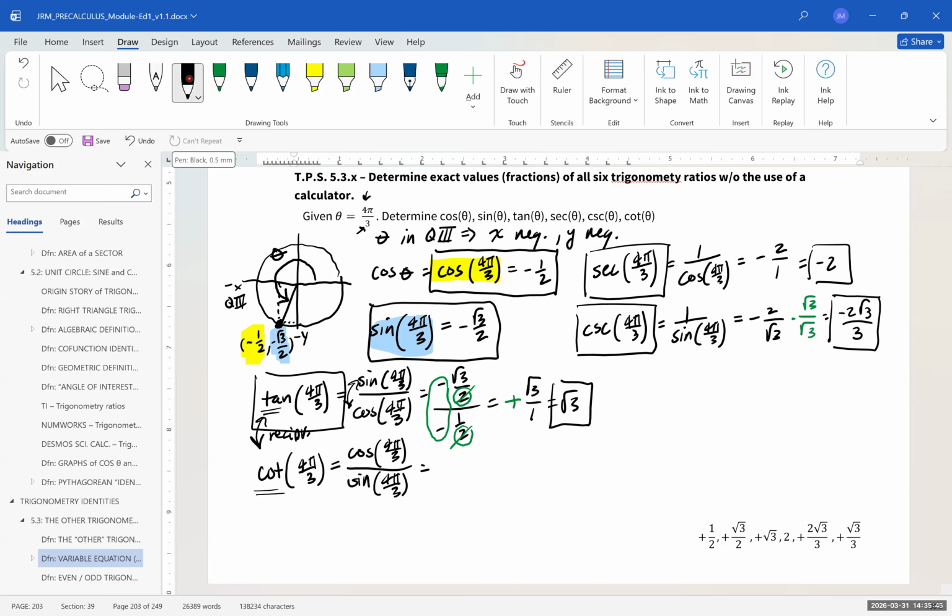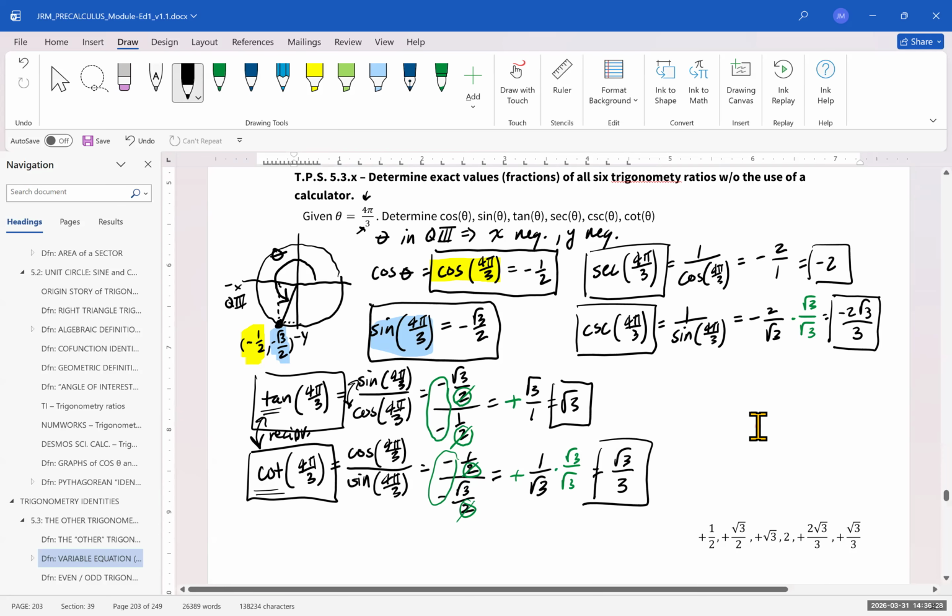And so cosine, we figured out, was negative 1/2. Sine was negative square root of 3 over 2. And just like we said before, negative divided by negative is a positive. The 2's in the denominators will each cancel. That's going to leave us with a positive 1 over square root of 3. We don't want square root of 3 in the denominator. So this is going to leave us with square root of 3 over 3 for the cotangent